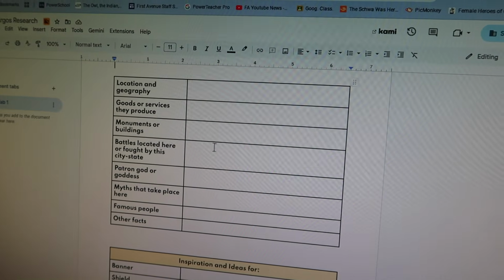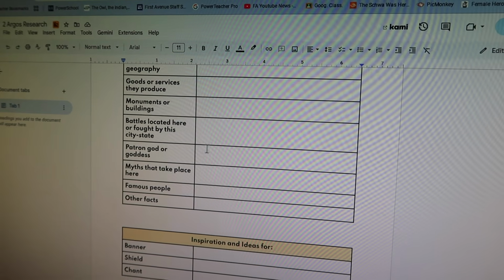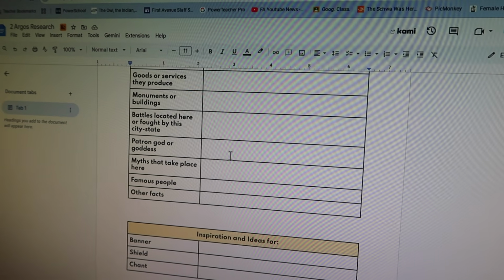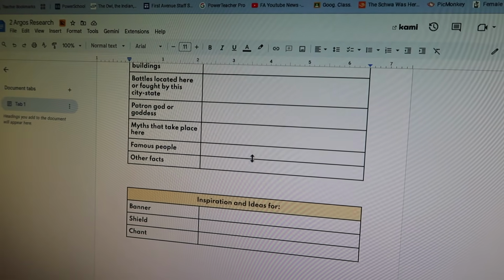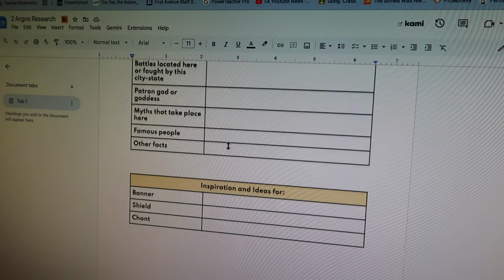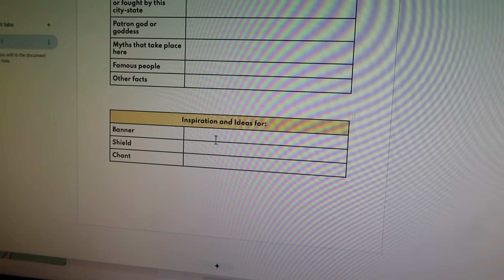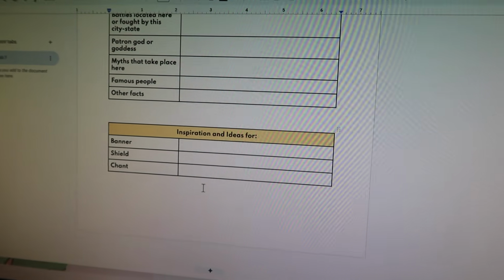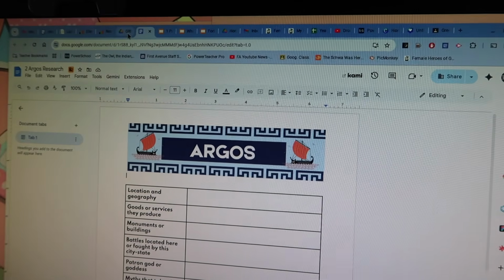So this is good stuff to know. Any battles fought by the city-state, patron god or goddess, myths that take place here, famous people from there, other facts, and then they can jot down inspiration for ideas for these 3 different projects. And then once they're done with this, that's when they get to choose their project.